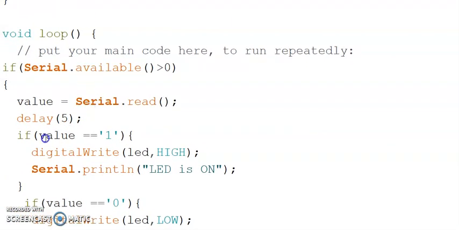That is nothing but checking: if the value received is exactly equal to 1, then using digitalWrite, which we have already seen in our practicals number 1 and 2, we are going to make the LED high. And similarly, we print the string LED is on on the serial monitor, just for checking purposes. So here your LED is on because the bit received is 1.